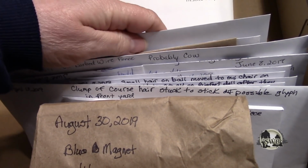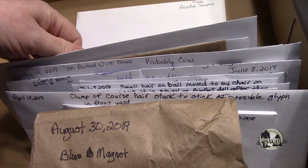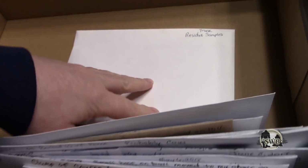Okay, these are my samples, and I'm going to start way at the back here. Not all of the stuff I'm 100% sure would be Bigfoot, but a lot of it is. I guess I'll tell you whenever I go through. But this is